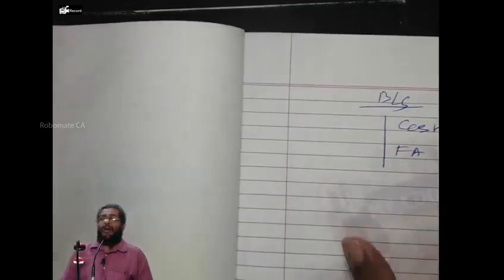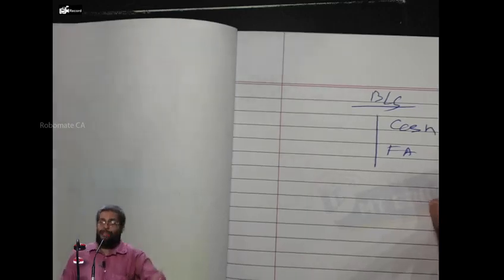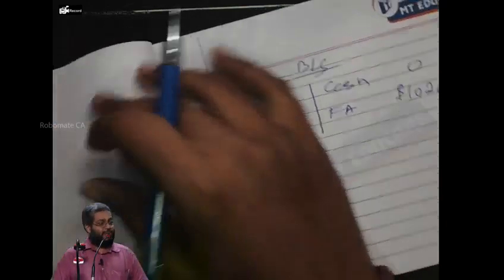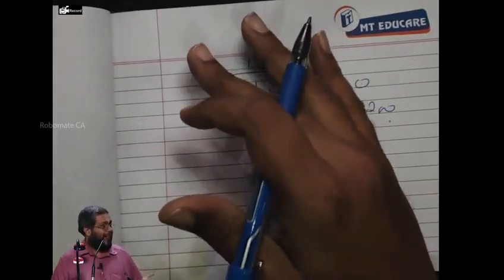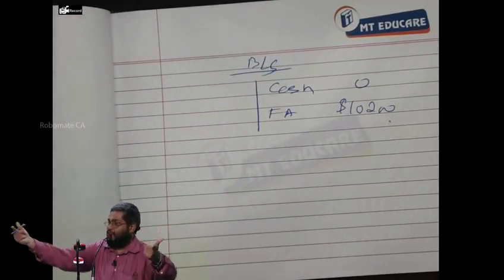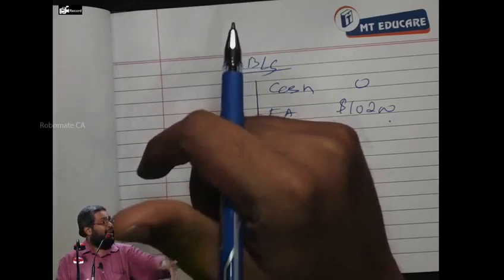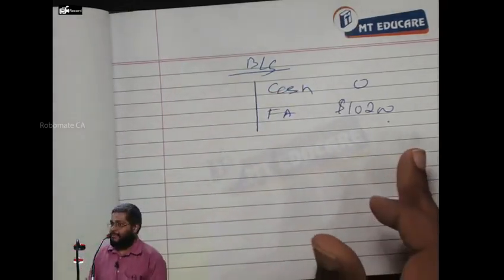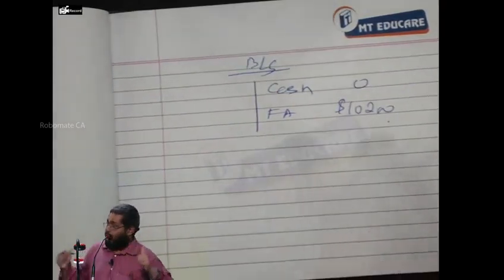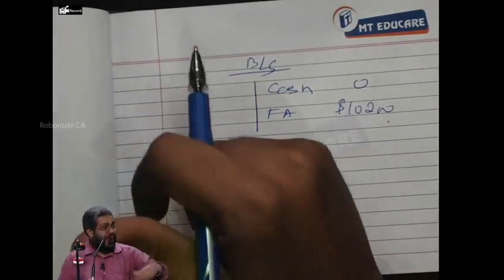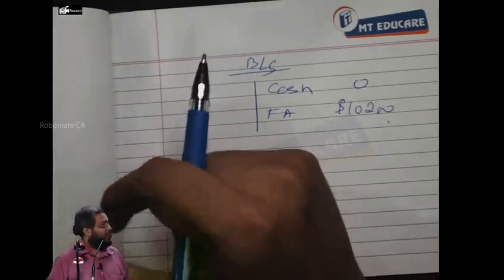Yes or no? Now, tomorrow, if the performance is poor, what happens? Then they'll reduce the price. You start a new project and the project is not clicking. After 2 years, people feel the project is bad. Then they re-estimate the cash flow and reduce the share price. The share price drops because of new information that the project is not performing. Are you following what I'm saying? That means the share price always reacts to information. They factor in information. The share price factors in all the information about the future of the company. Yes or no?